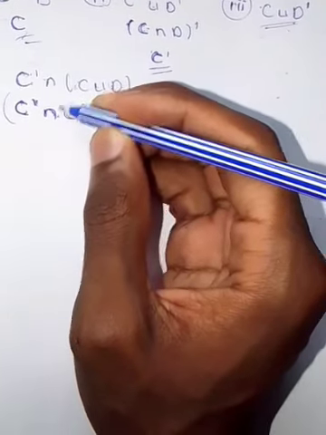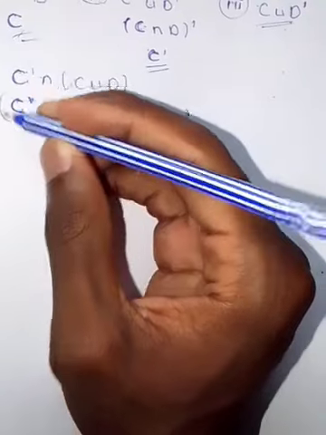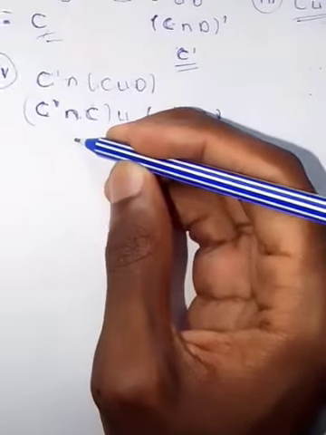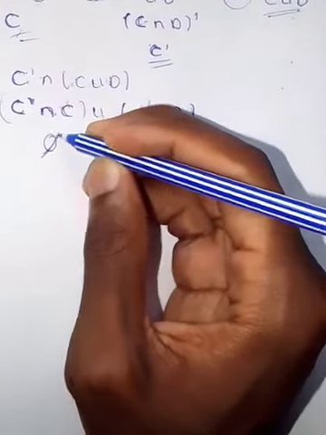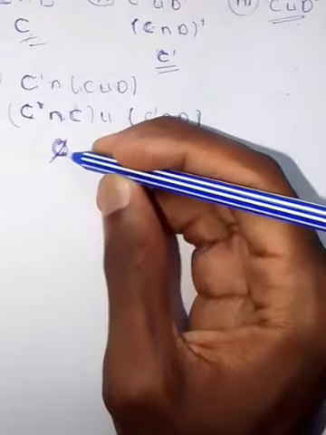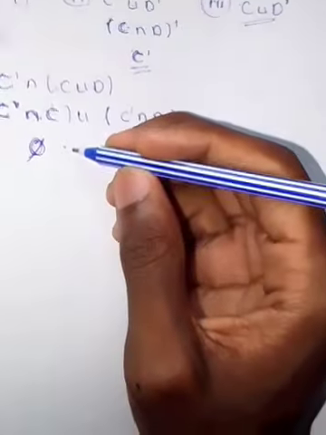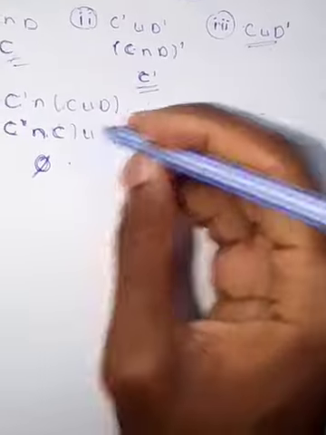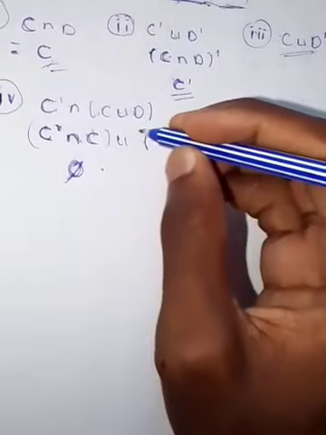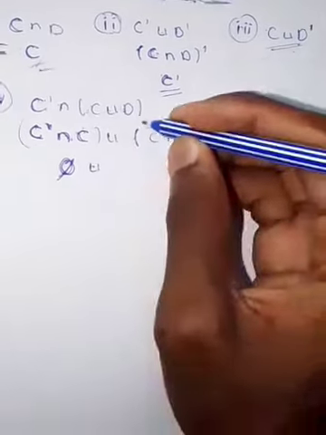So those identities: when a set is intersected with a complement of itself, it is giving us an empty set. So we replace A with an empty set. This represents an empty set. Forgive the background noise. So we are now going to unite with this remaining part,